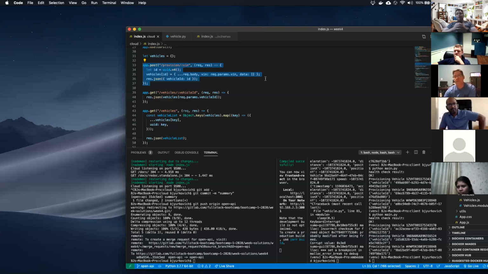Now that brings up an interesting point, because servers can also be clients of other servers. We'll get into this when we talk about microservices. These servers can also hit other servers and be clients of other servers' APIs.